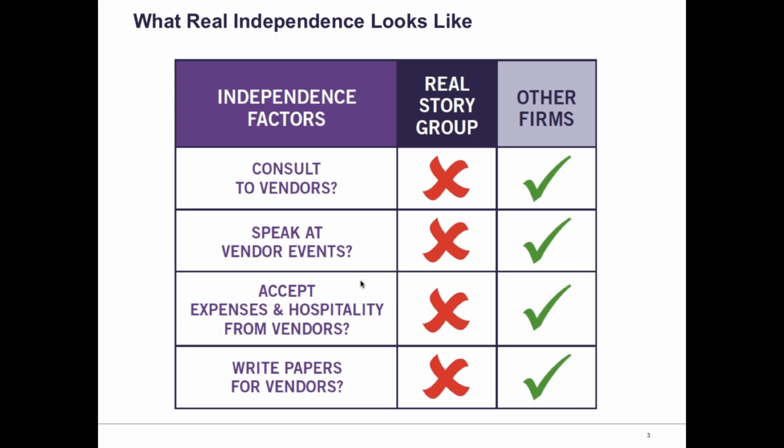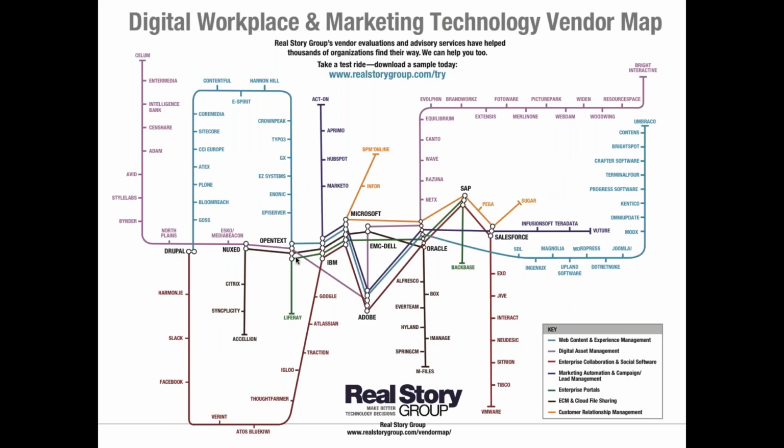And as I mentioned, we cover 8 particular marketplaces, and we've actually added on the map here our orange line, which is CRM technology. That's the latest addition to this map. And so we certainly recommend taking a look at those samples when you have an opportunity. But today we're going to focus on the red line, which is enterprise collaboration and social software. And from there, I'll turn things over to Tony to really kick off the presentation. Tony?